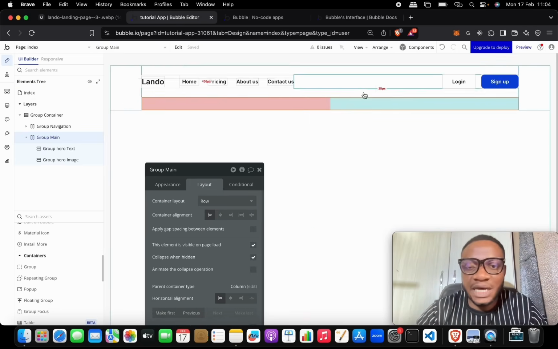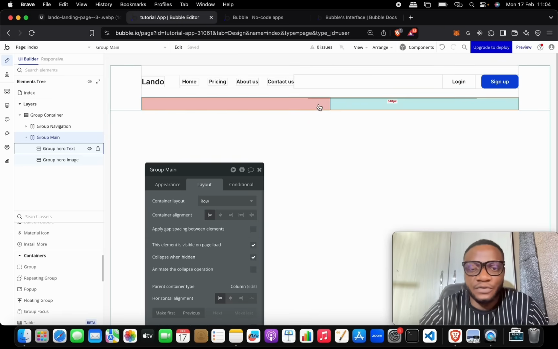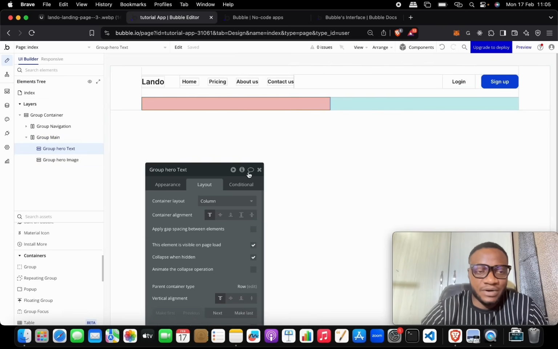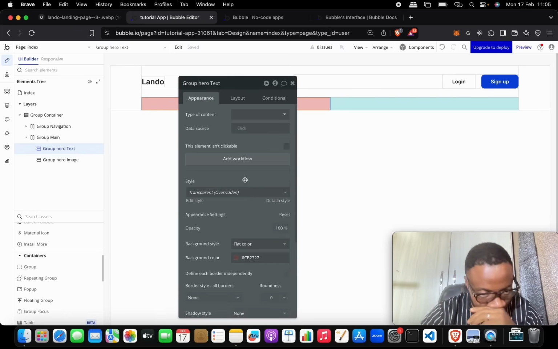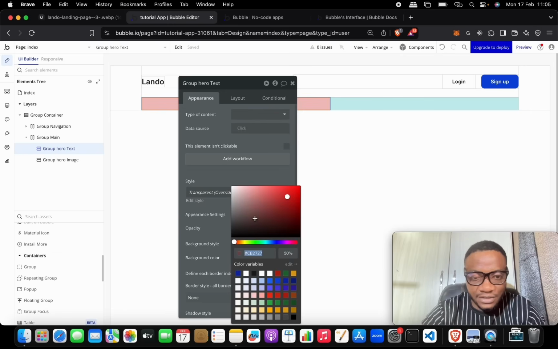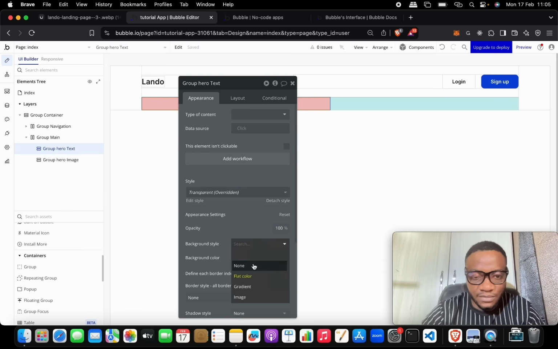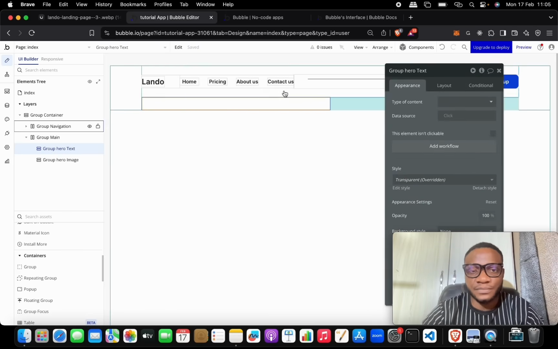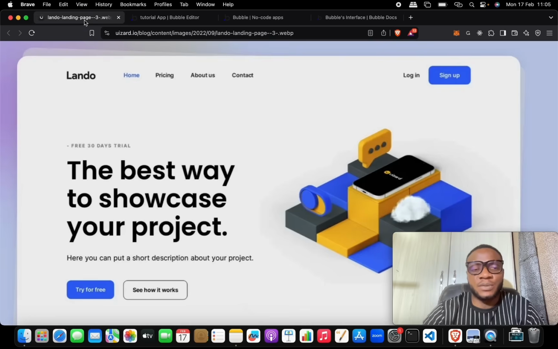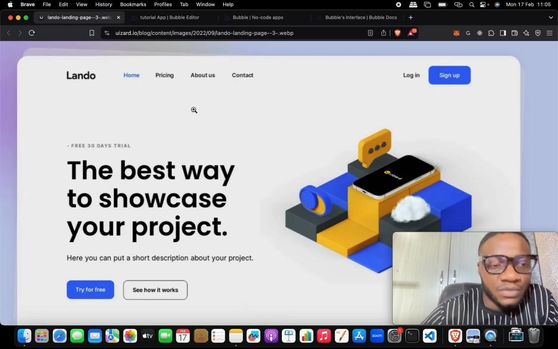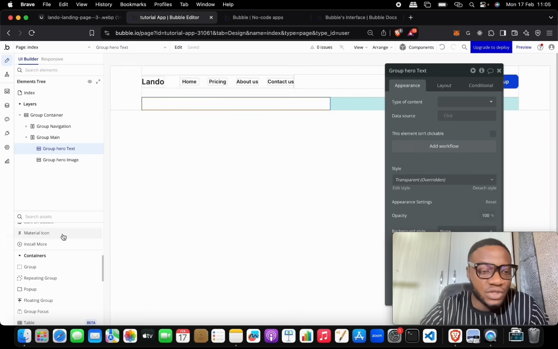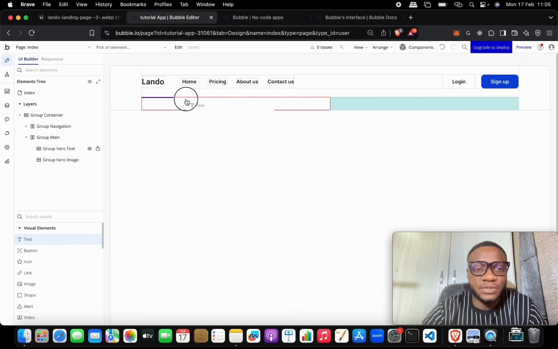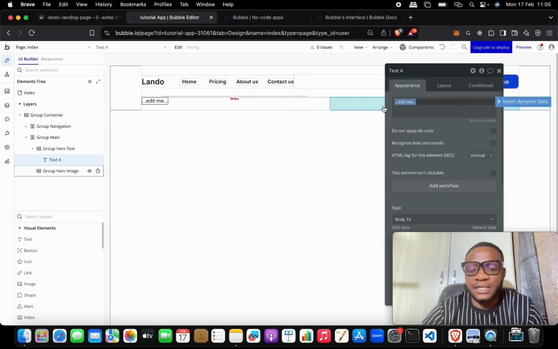Okay. Now that we have this properly set up for us, we could remove this background color that we initially put here. Okay. So let's go back to the appearance and get rid of this. So let's just make this none, and that's all. So what next? Let's come here. There is this first text that is free 30 days trial. Let's put that immediately. Free 30 days trial. So let's pick a text, drag it and put it inside of here, and then it's supposed to be